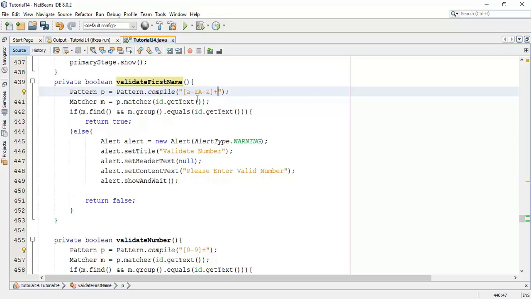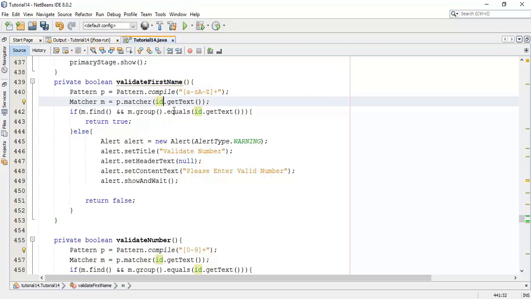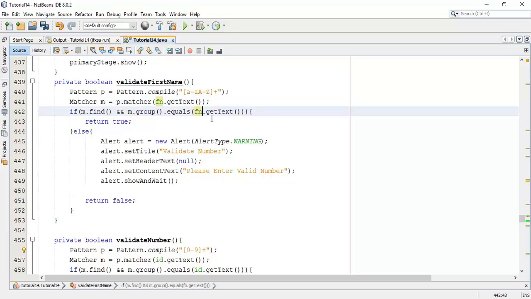At least it contains one character, and this plus is for more than one. Then we are going to import the first name.